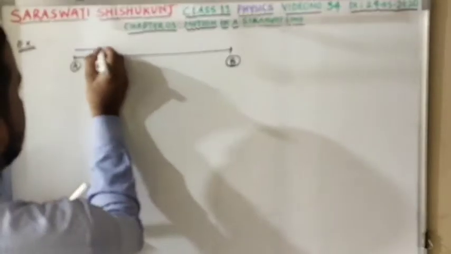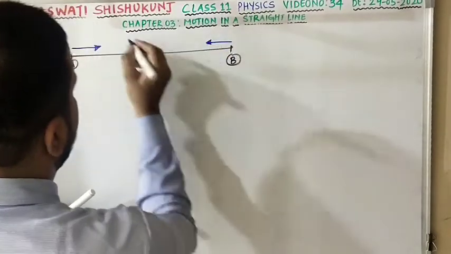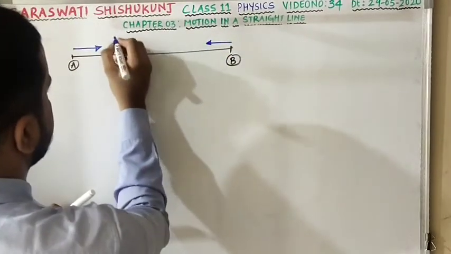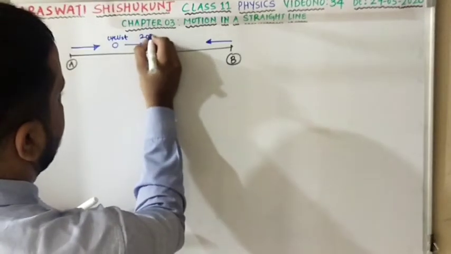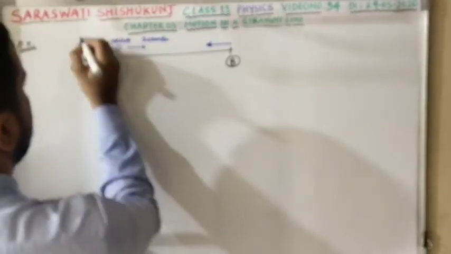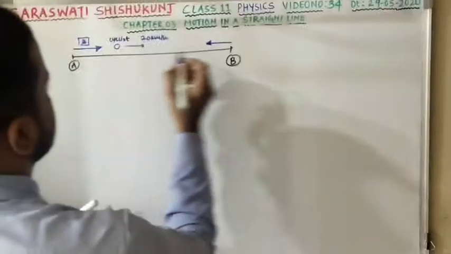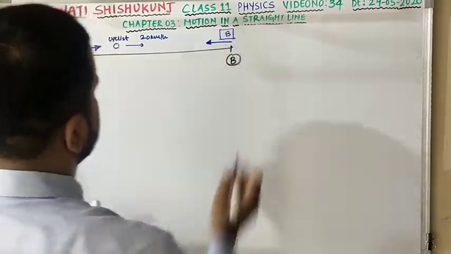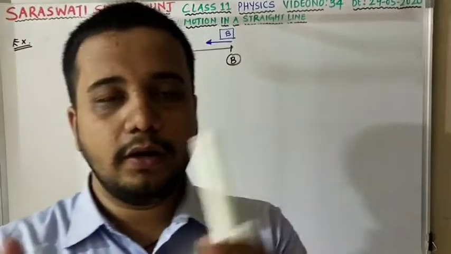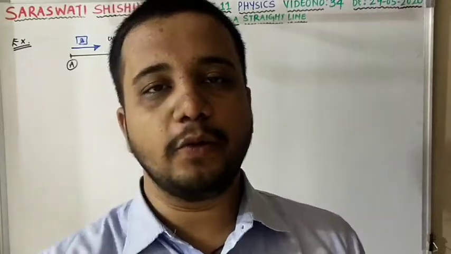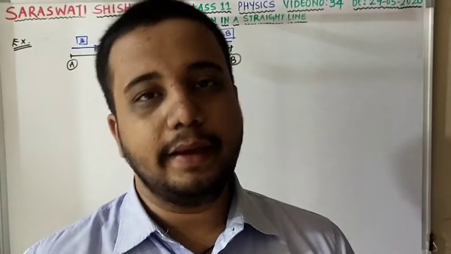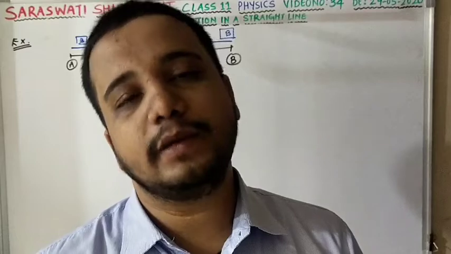The bus starts from either direction and a cyclist. This is a cyclist moving in direction A to B with a speed of 20 km/h. This is your bus A, and this is also a bus moving in either direction. Two towns are being supplied by bus services, where the buses move from either direction, from town A to town B and from town B to town A. There is a cyclist moving at a speed of 20 km/h. Clear?